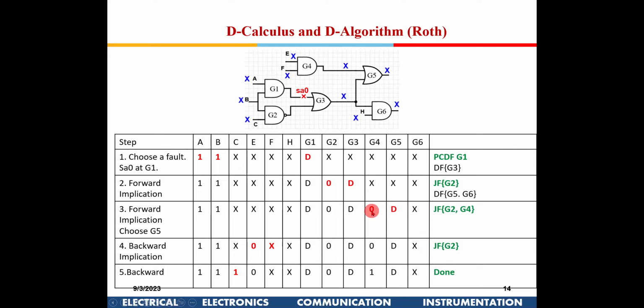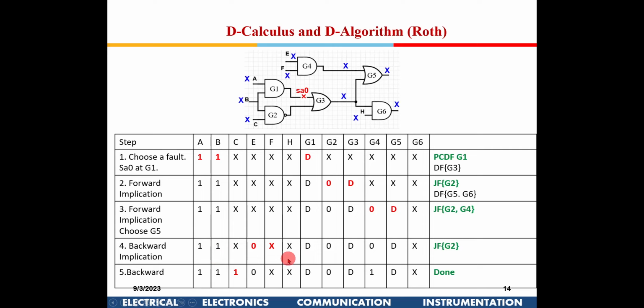So this G4 has to be 0, right? Now putting a 0 there puts G4 also into the D-frontier. And the output is available here. Now that forward implication is over. Now I go back, trying to justify, trying to find out, and remove these two from the D-frontier. First I take G4. Now for G4 I can assign 1, no, I wanted 0 right there. So I can put in for G4